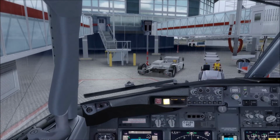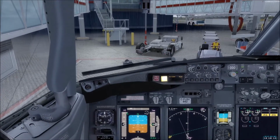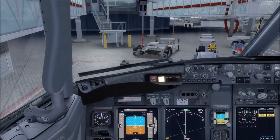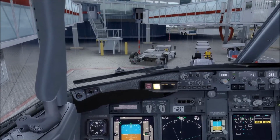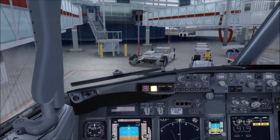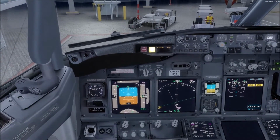We'll plan for return to Vancouver, though Abbotsford and Victoria both serve as alternates for our departure. Otherwise, no special concerns today. We're going to be using the full length of the runway with the departure at Lima. Any questions? No questions. Alright, departure brief complete. Alright, and with that out of the way,